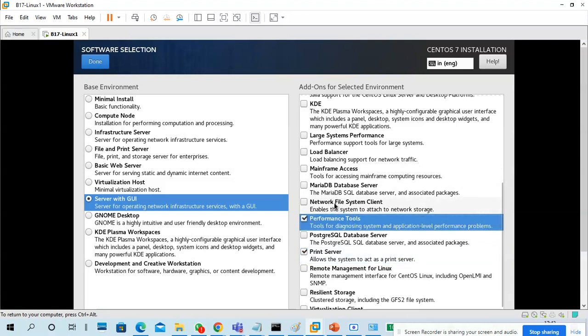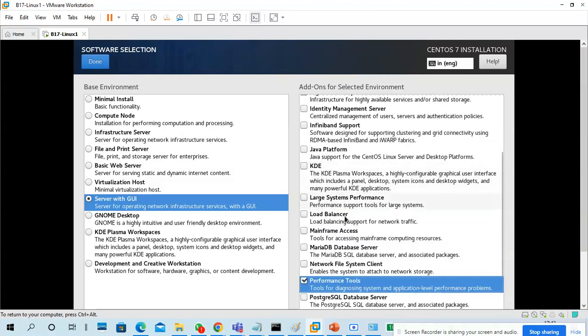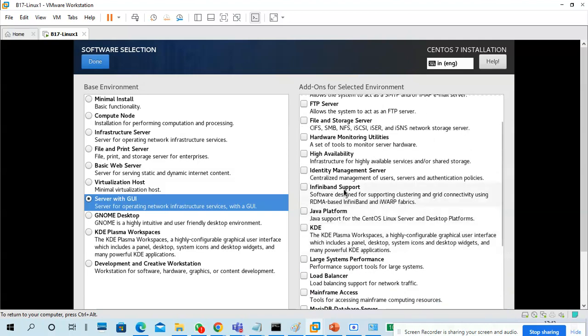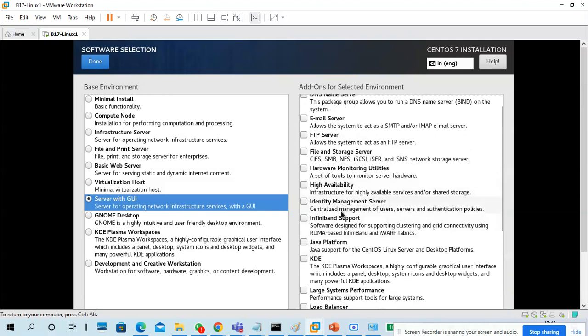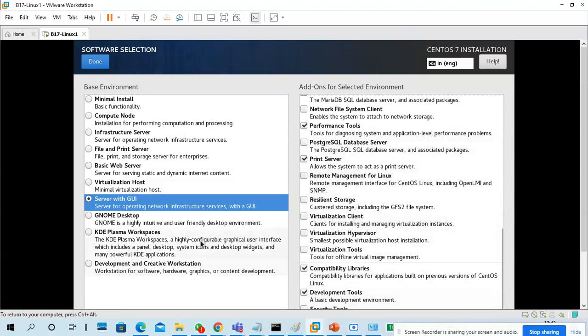Java platform is also there, but I will install Java myself. Okay, identity management, hardware monitoring tools, email server, because installing an email server is a little bit of a headache always, but no problem. Guys, look at this, important.